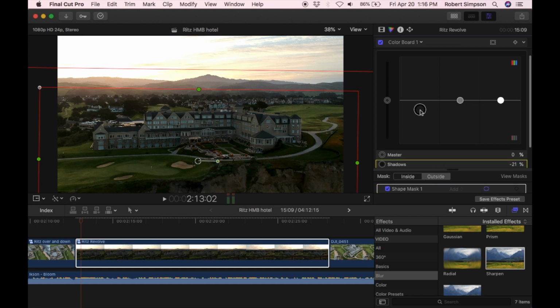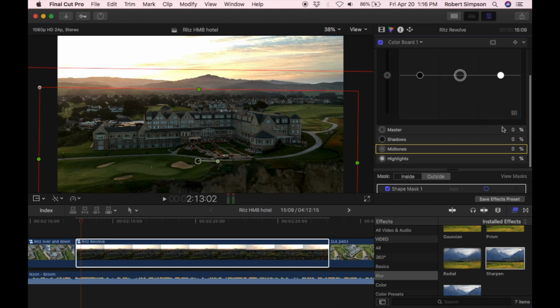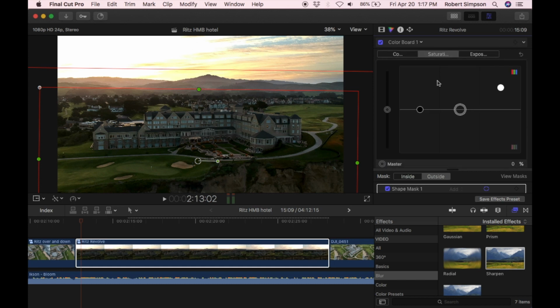Now that we have our shape in place, we can edit the sky separately on the outside of the mask. So the inside of the mask controls the colors and exposure of the actual hotel, and the outside of the shape controls the exposure and colors of the sky. This way we can pull the exposure of the sky down quite a lot without having to worry about underexposing